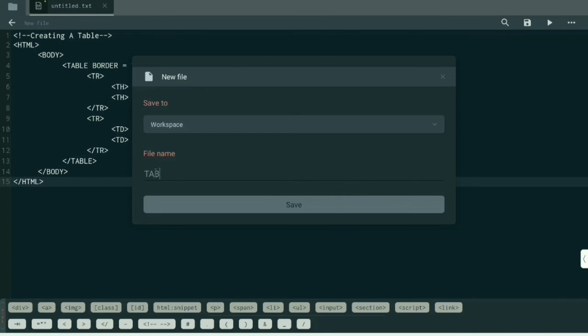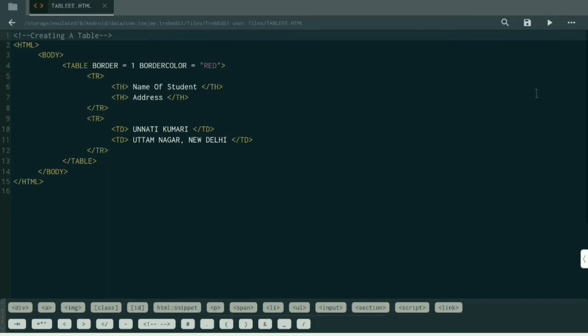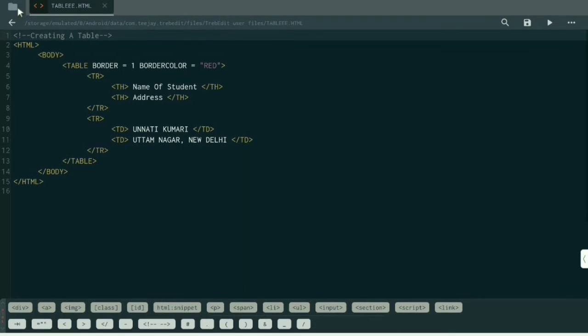Now here I am saving the file. After saving the file, I will run it. Here you can see field's name and the first record of the table.